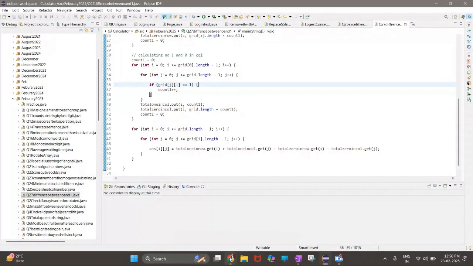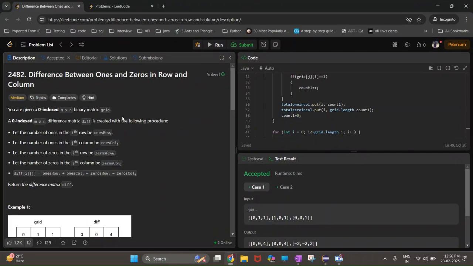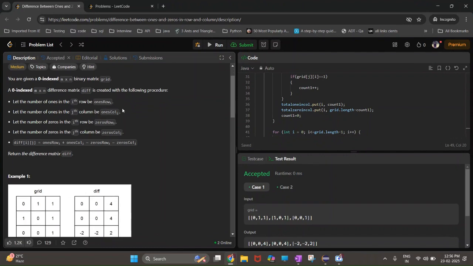This is the problem of difference between zeros and ones in rows and columns. You are given a 2D matrix m into n. A zero-indexed m into n matrix difference is created with the following procedure. Let the number of ones in the rows be ones rows, and the number of ones in the column